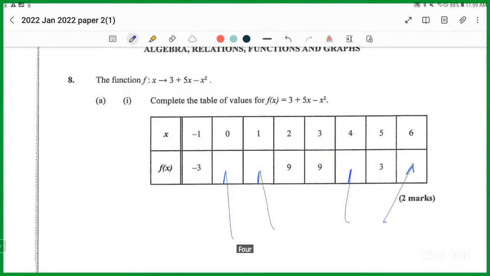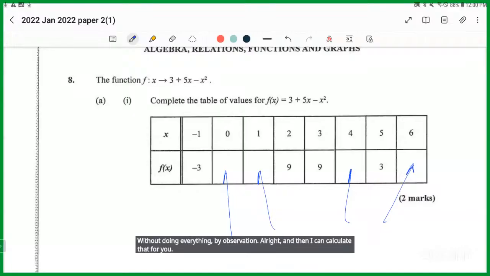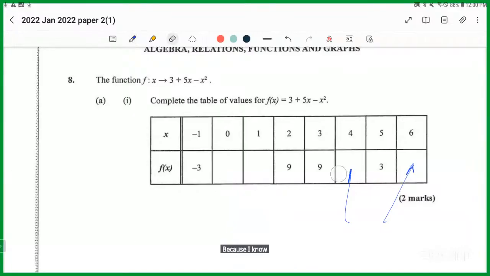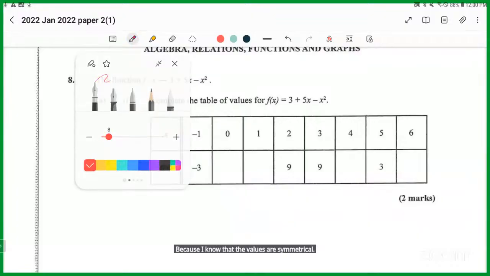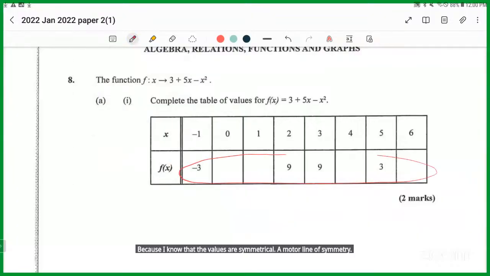4 of them. Now, I can fill in these values without doing everything by observation. Right? And then I can calculate and show you. Why am I able to do that? Because I know that the values are symmetrical about a line of symmetry. These values are symmetrical about a line of symmetry. Once these are in the same equal interval